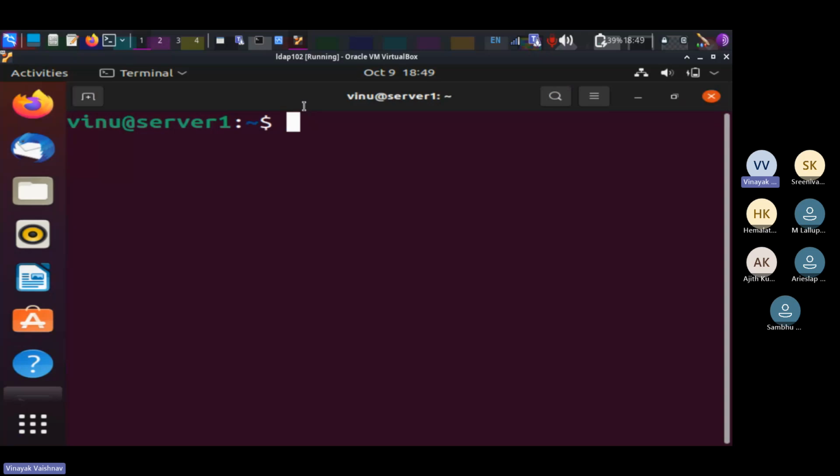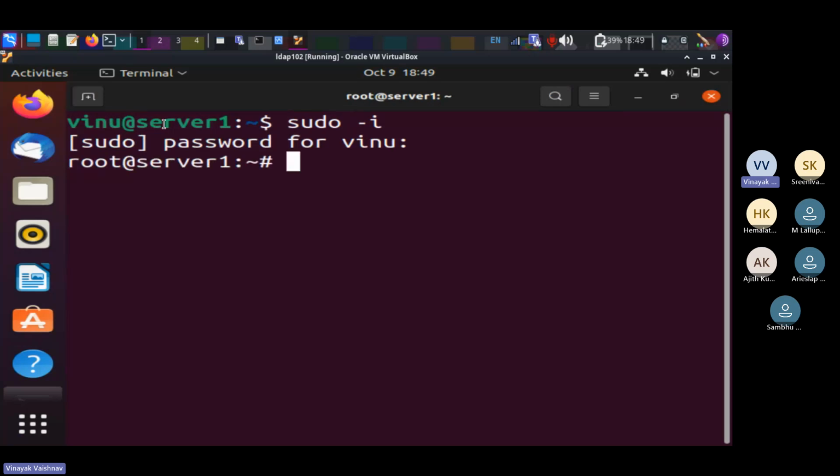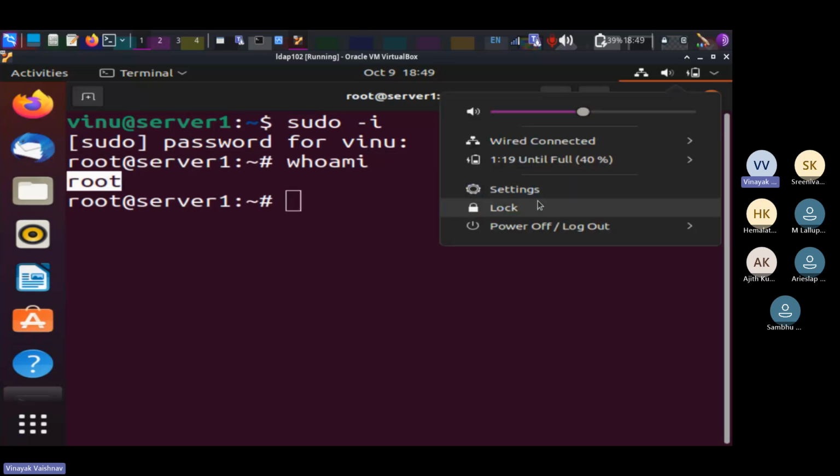So the terminal is basically what the command prompt is in Windows. Whatever task we cannot perform with the graphics, we can perform with the CLI. So let me show you. As we had discussed, root is disabled by default in the Ubuntu operating system. You can log in as root user on the terminal, on the CLI, but you cannot log in as root user graphically. For example, if I'm going to log out this user,